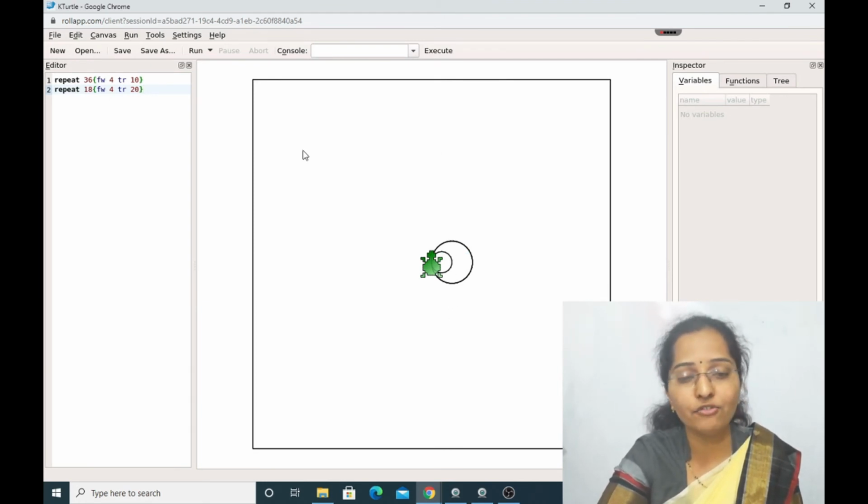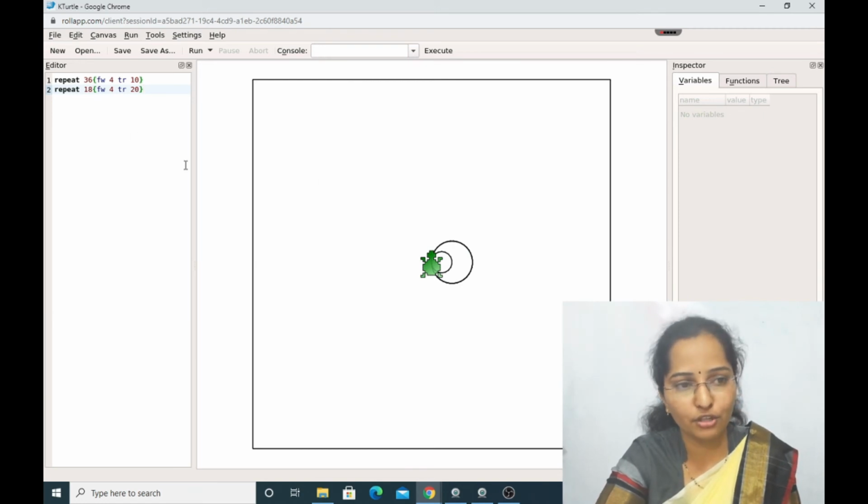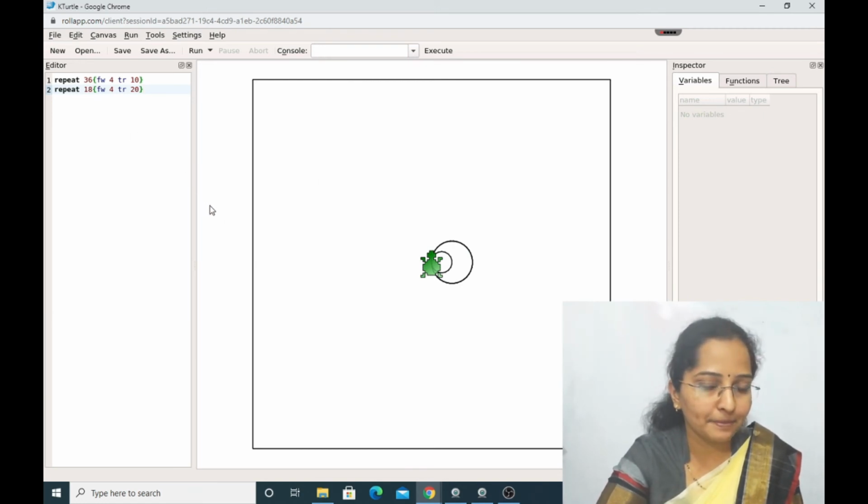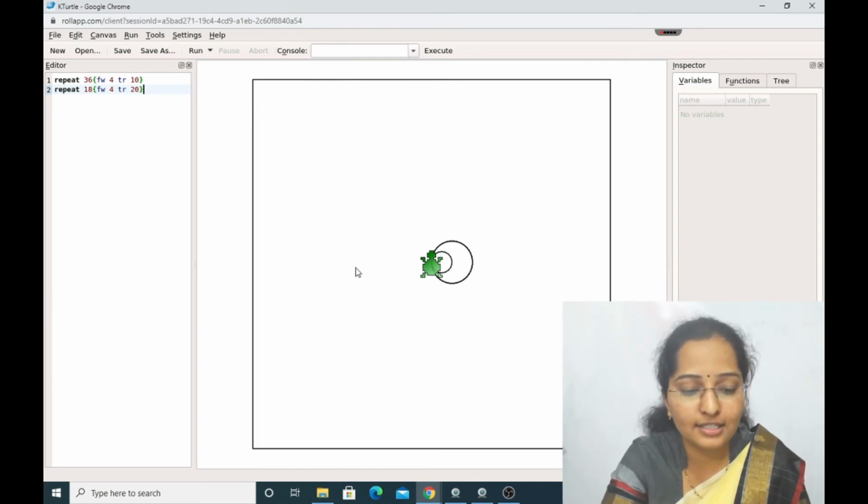That means with the increasing and decreasing numbers which we use in the editor pane, the size of the circle will be reduced or increased. It depends on the number which we are using. Using repeat commands we can draw shapes with equal sides or equal angles. Are you getting my point?